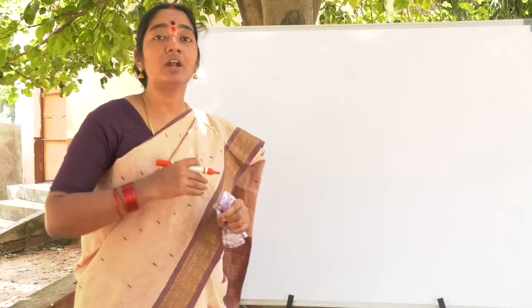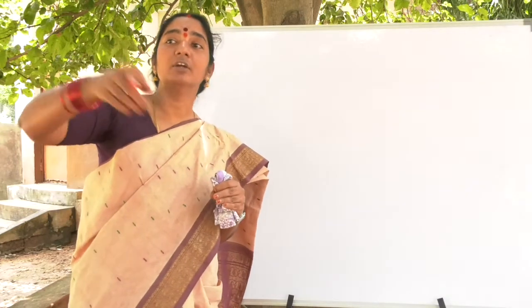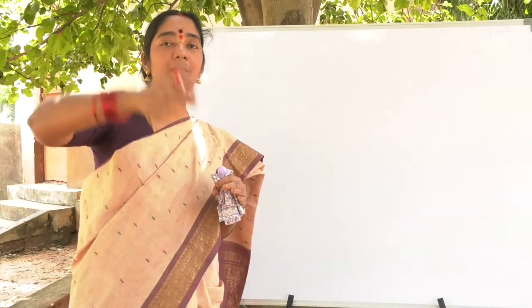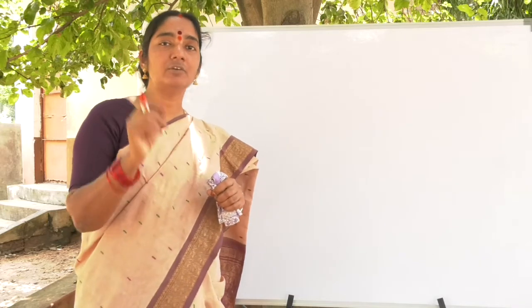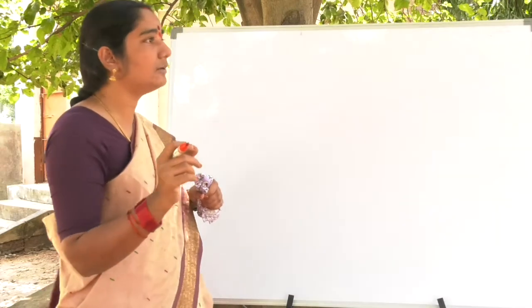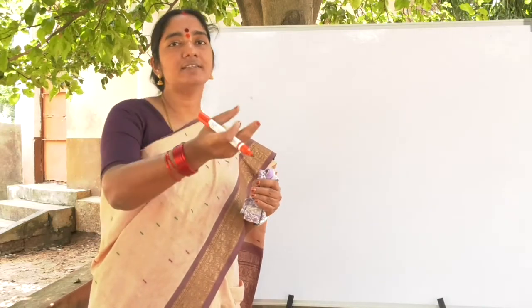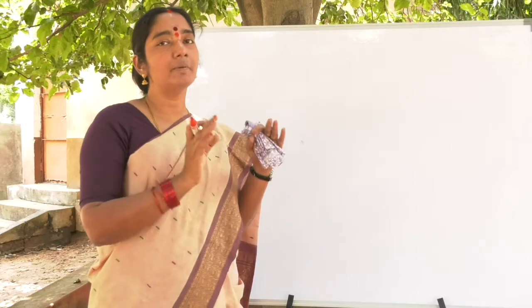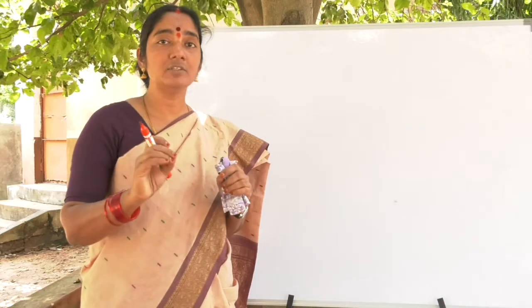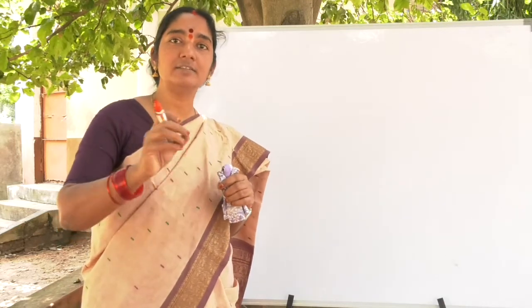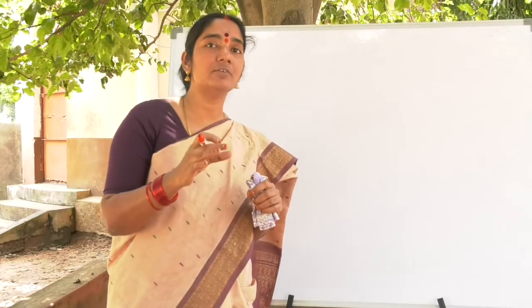Scale means, for example, your house is the length of the wall is some 10 meters or 20 meters long. You cannot draw a 20 meters long line on the paper. So there you are taking a scale. 1 meter is equal to 1 centimeter. So when you are taking a scale of 1 meter is equal to 1 centimeter, then based on the number of meters, you can convert that into so many centimeters and you can draw. Now you are preparing a plan of your own house. Please try to draw. In that process, you measure in terms of meters, you use in terms of feet, you use in terms of yards, because already you have the knowledge of all these things.